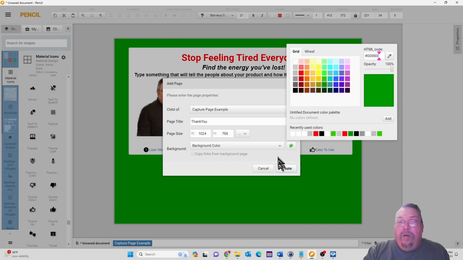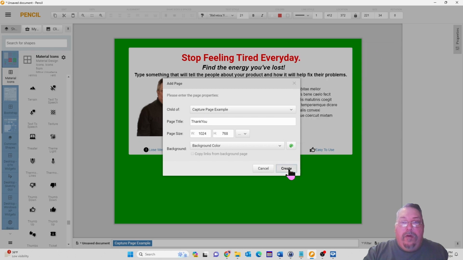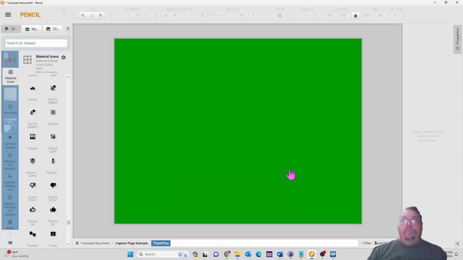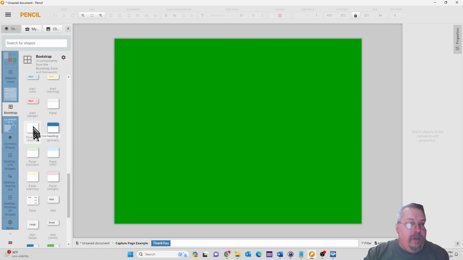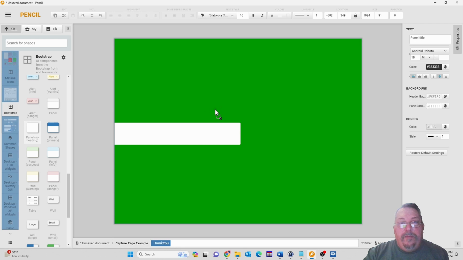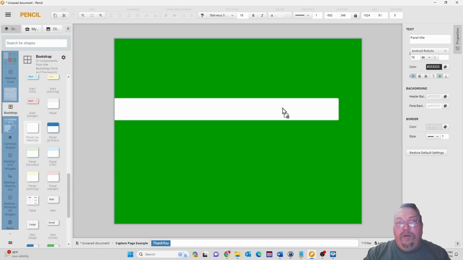Same background color. Create. Boom. And now we do the same thing that we did before. We start with the tab, or the panel rather, drag it over,